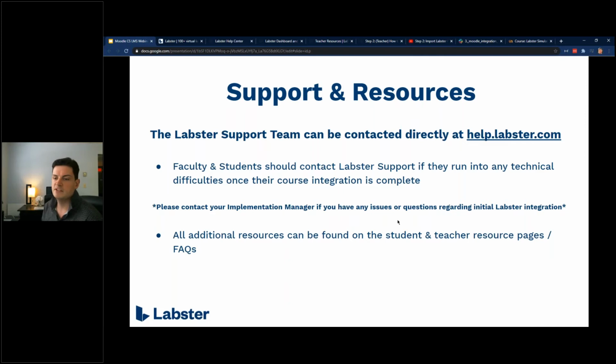Our support team is available almost around the clock. From Eastern time, we're online at 8 a.m. all the way until 1 a.m. Faculty and students should contact Labster support if they run into any technical issues or difficulties once their integration is complete. In the meantime, while we're getting things set up, during the onboarding process, your implementation manager is the point